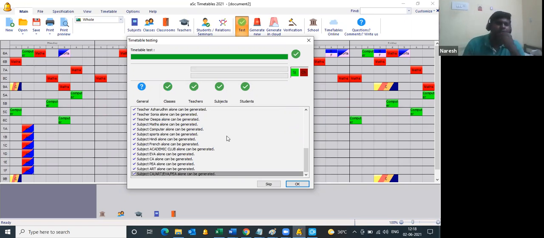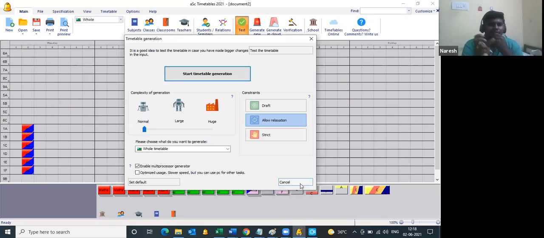But in generation, whatever cards can be generated, first the generation will happen, and then the cards where you have issues will be placed out. In test, it will just show you where the problem is.